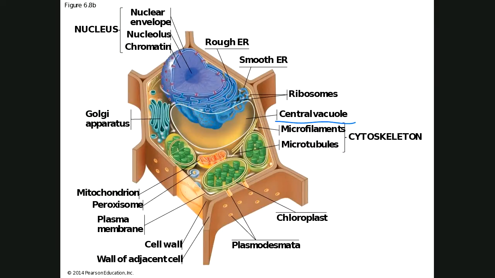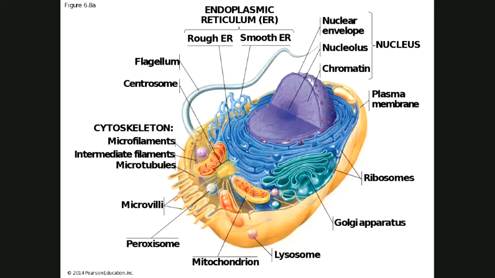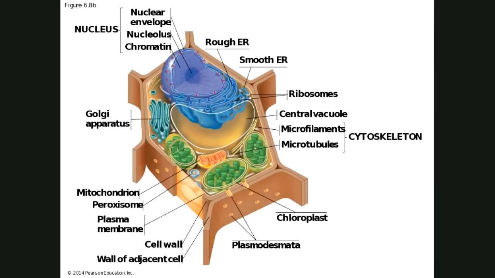All right, so plant cells have a central vacuole, typically a water vacuole. You look at animal cells, I see no such thing. Now, animal cells do have vacuoles, but they don't have a big central vacuole. As a matter of fact, in a plant cell, that central vacuole, this open sac, can swell